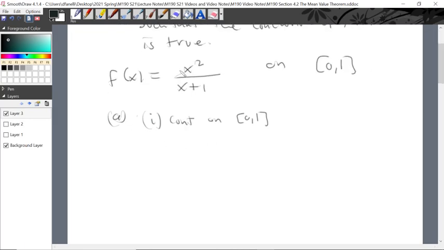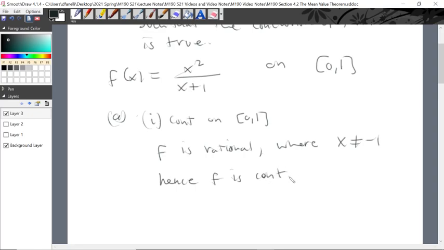Well, f is made up of a combination of polynomial over polynomial. That is, f is a rational function where x is not equal to negative 1. Rational functions are continuous on their domains. So as a result of this,